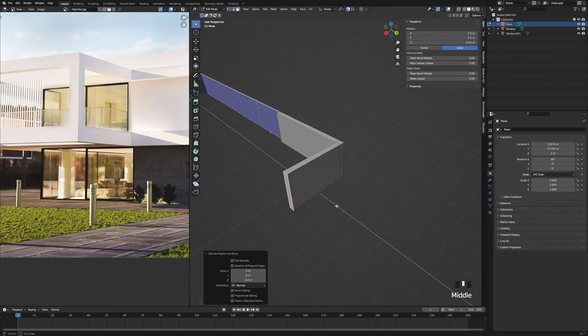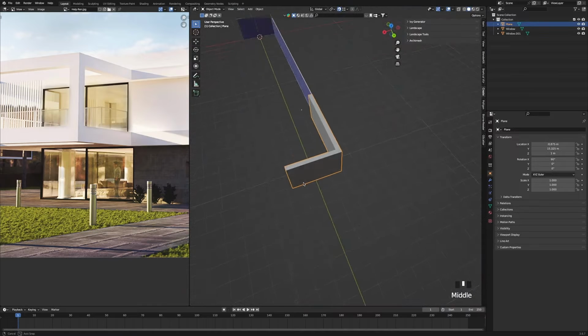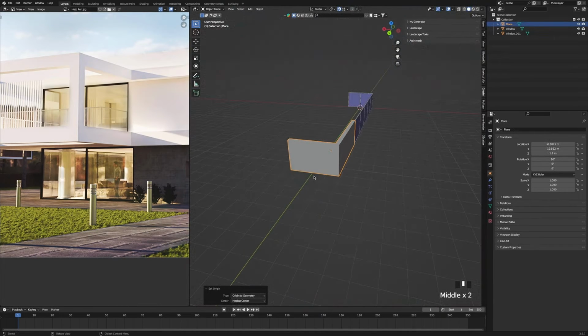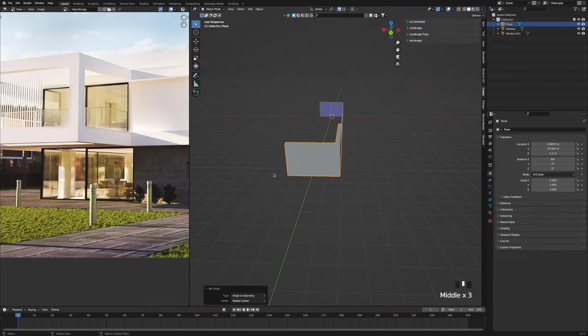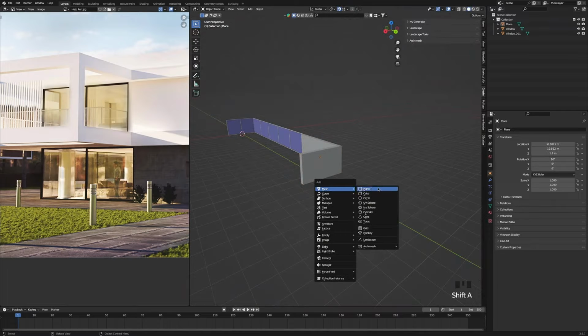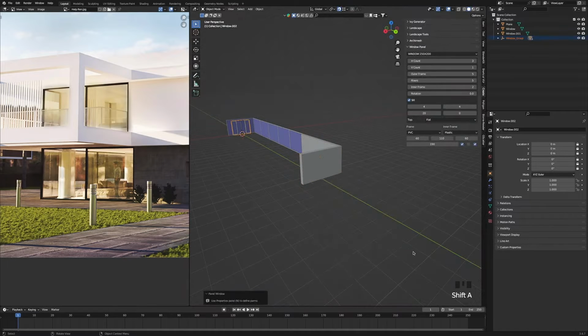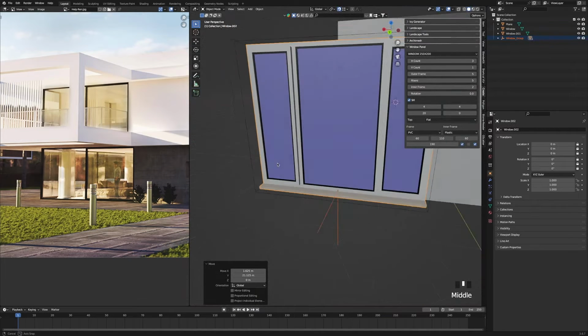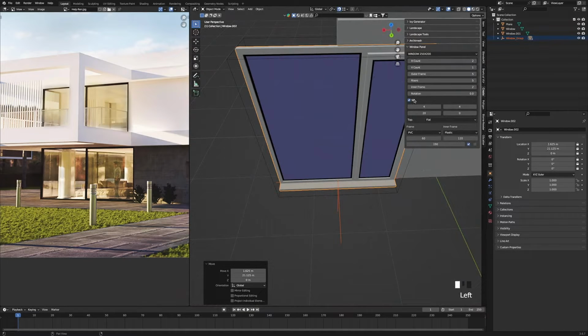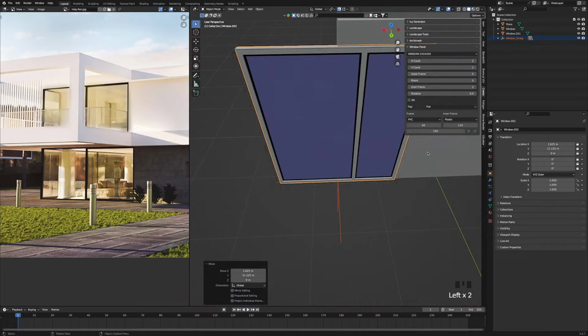Then we're going to press Tab to go out of edit mode, right click, origin geometry, and then we're going to have a back kitchen window here, and we're going to press A, go down, get panel window, press G, and snap it right there. Press the full stop key to zoom in. This one's going to have 2 panels, so we're going to change that. No sill, of course, no inner frame.